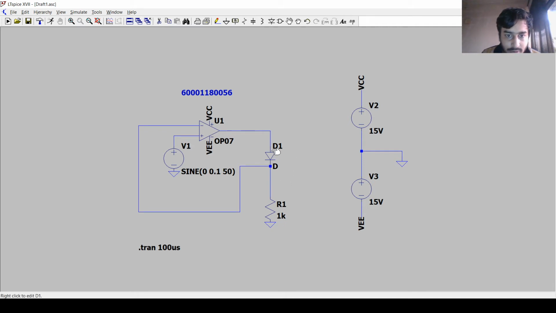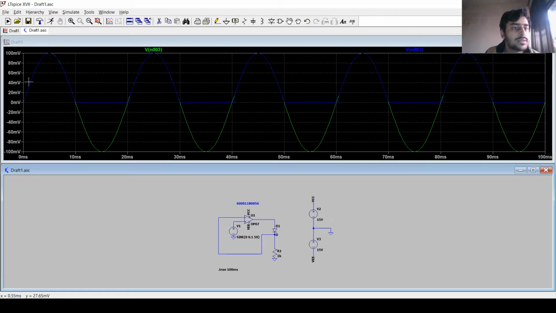In this case, we have connected the positive of this diode to the output terminal of the op-amp, so this will display the positive part of the input voltage. We have applied a very small peak-to-peak voltage, which is 0.2 over here, and the frequency we have applied is 50 hertz. So let's see the output. As you can see, only the positive side of the waveform is displayed because of this precision diode.